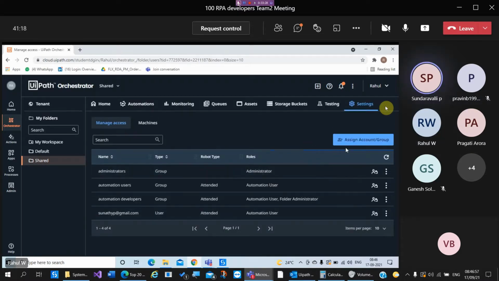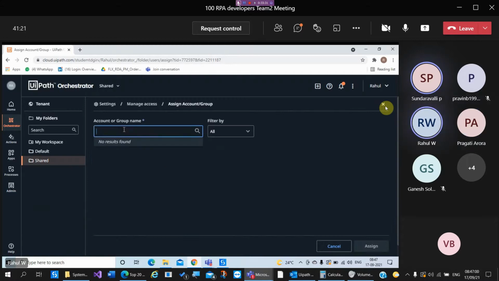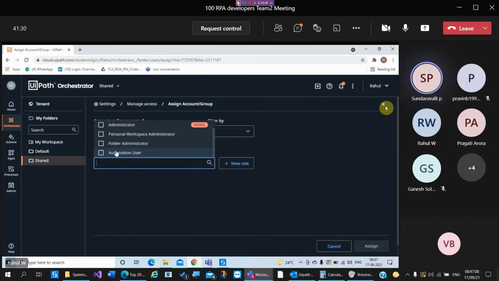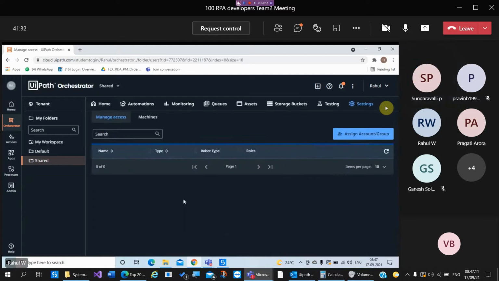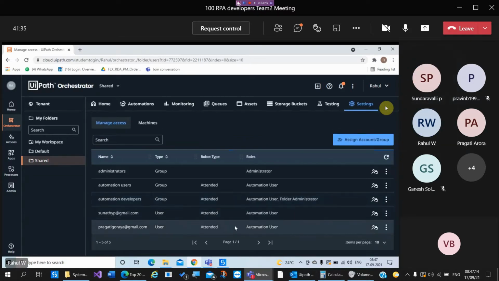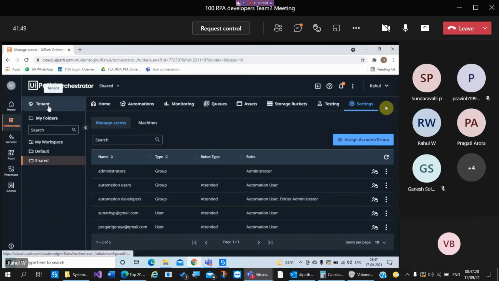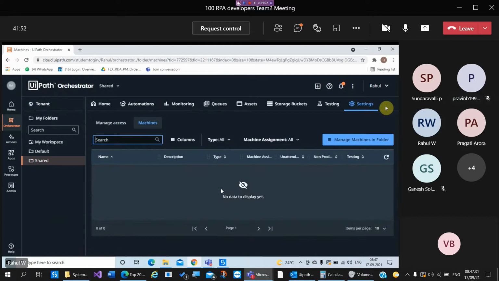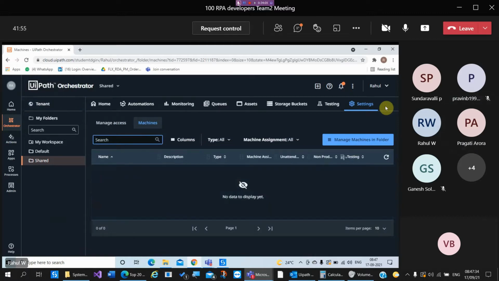And second one. Okay, now you have assigned this to automation user. Now can you please check with the machines? Click on machines, next to manage access. Okay, you don't have any machines right now. So let's go with Pragati's